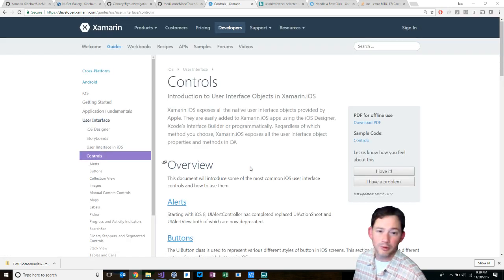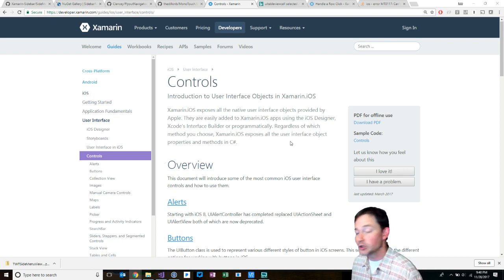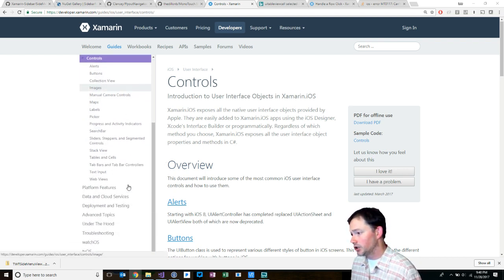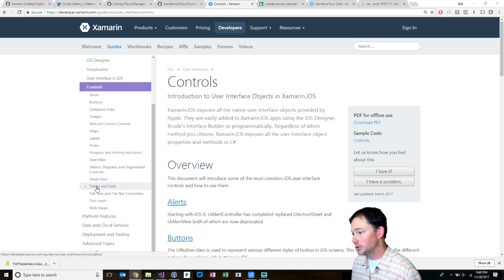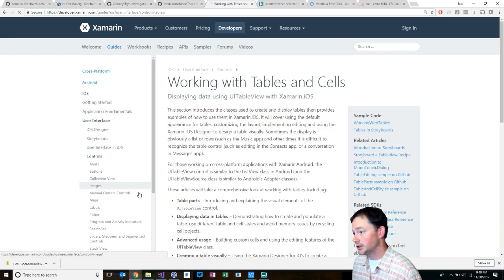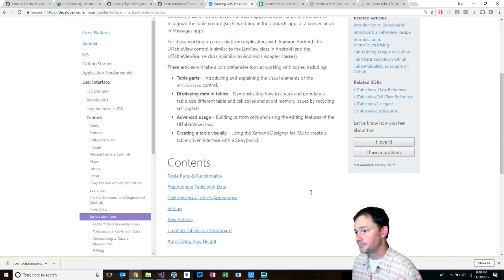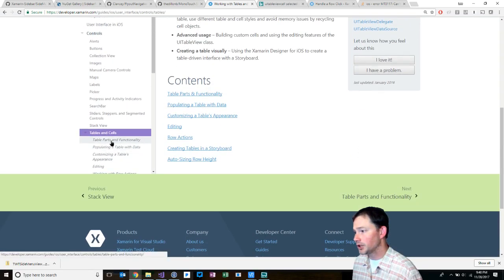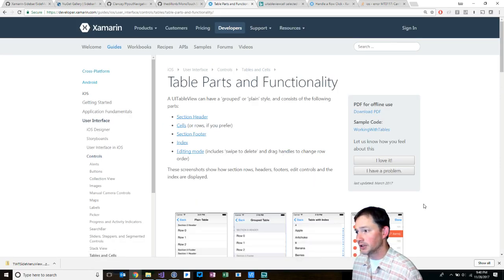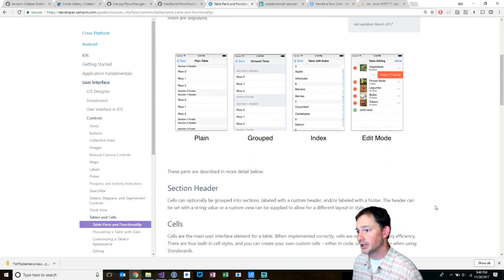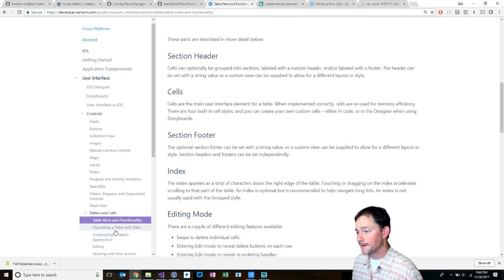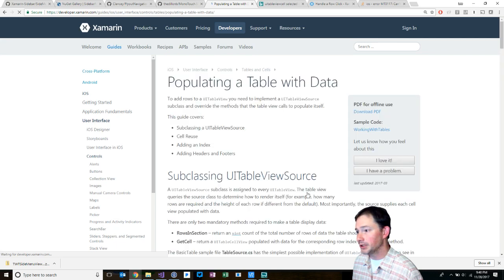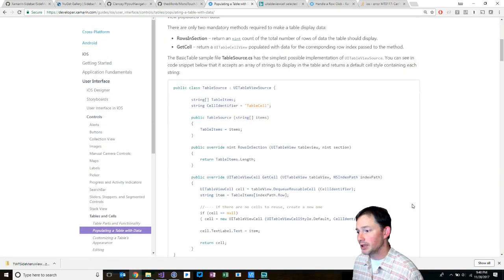And I know I'm just walking you through the documentation, but when you start running into a problem, this is where you need to go. One of the things that's just great about Xamarin is their documentation is so good. It makes life so much easier. So we're going to go in and ask about tables and cells. They're going to talk about table parts and functionality, and we're interested in populating a table with data, and